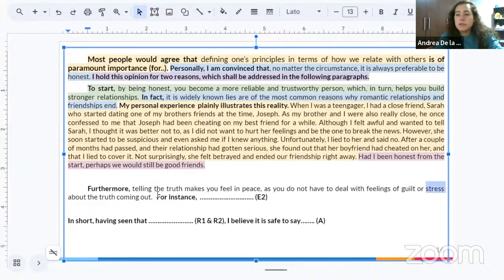Okay, so that was our reason, right? Telling the truth makes you feel in peace, as you do not have to deal with feelings of guilt or stress about the truth coming out. Is it okay? All right. Now we explain that a little bit more. So we could maybe say, I don't know, as a matter of fact,